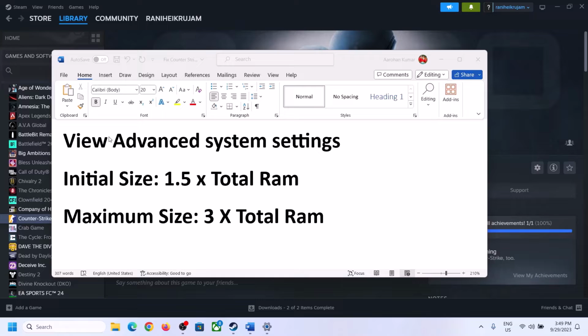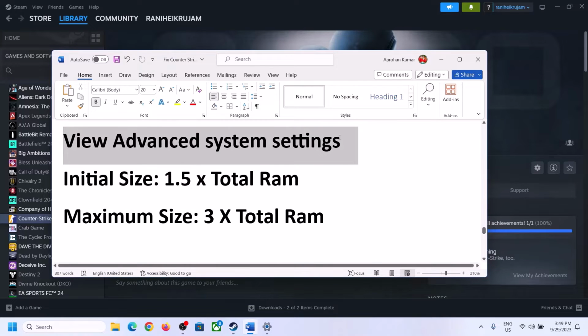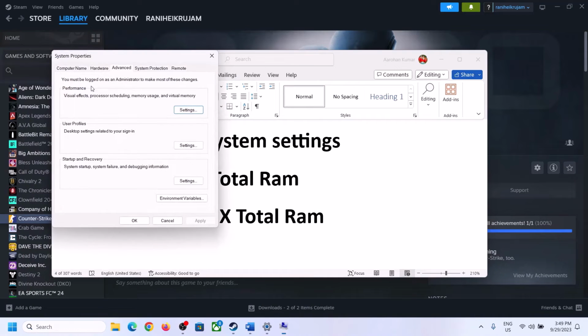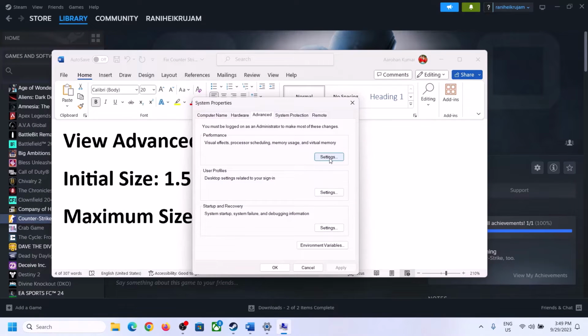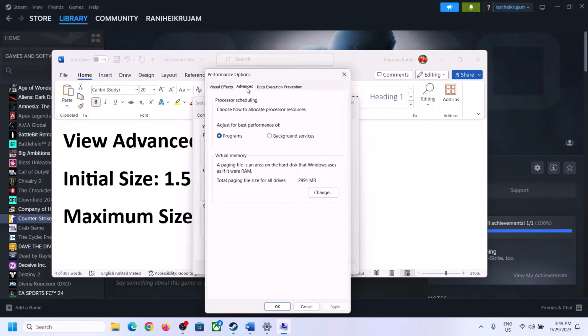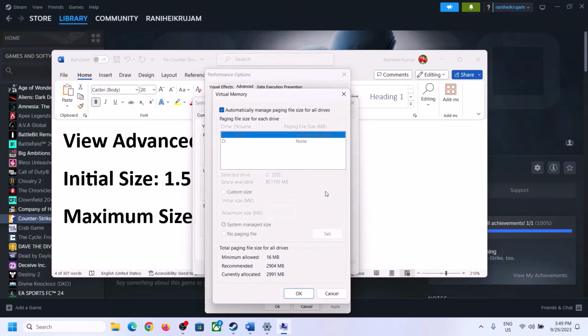So to increase the virtual memory, type in View Advanced System Settings in Windows search box and then click on View Advanced System Settings and then click on the first settings and then go to Advanced tab and then click on Change over here and then select the drive. So uncheck the box which says automatically manage paging file size for all drives. Uncheck this box and select the drive where the game is installed. So select the drive and then once you select the right drive, now put a check on custom size, and